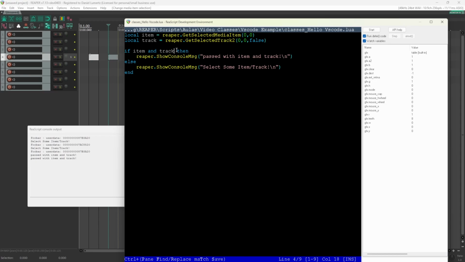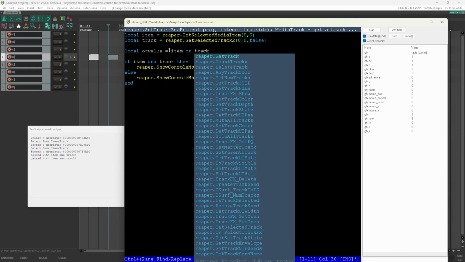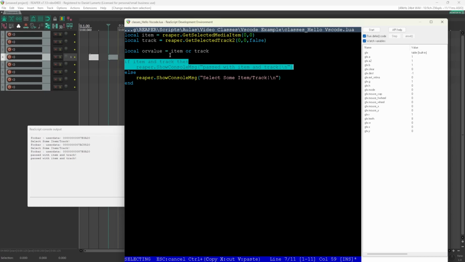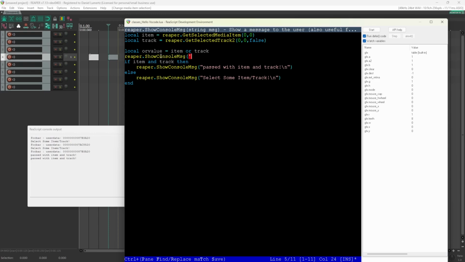Okay, let's explore more what happens when you use the and and the or. Okay, so let's create another variable, call it or value and let's set it equal to item or track. Okay, so if we try to print it and say or value to string, or value